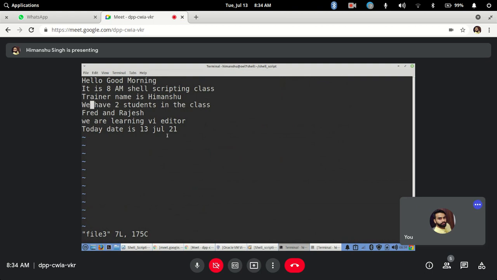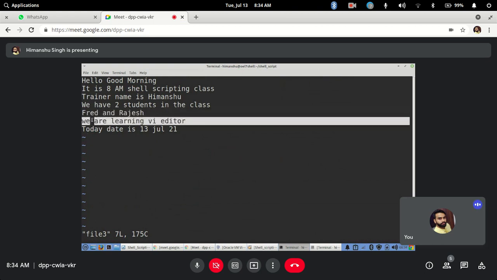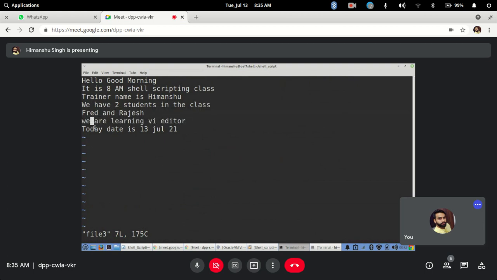Same way, if I want to go 2 lines down, I press 2 and J, or 2 and down arrow, whichever you prefer. It will leave this line and the cursor will come directly to this particular line. Clear? Okay. So this is how it will move around.